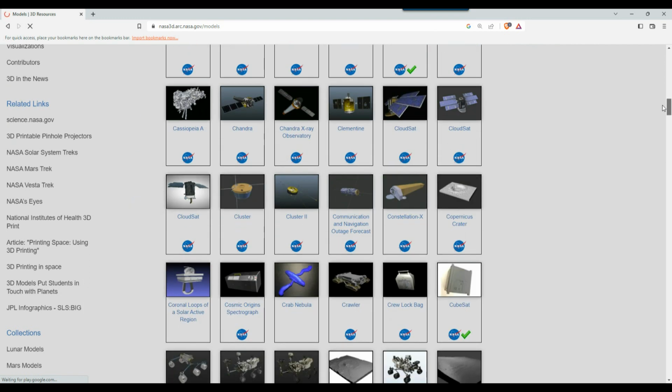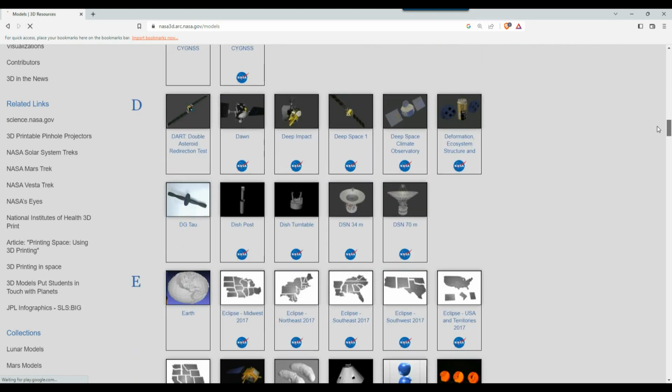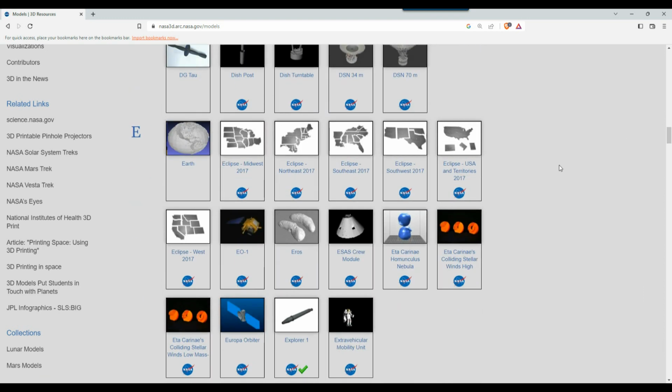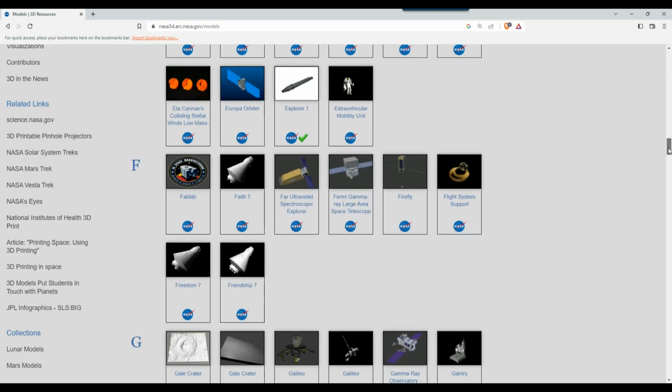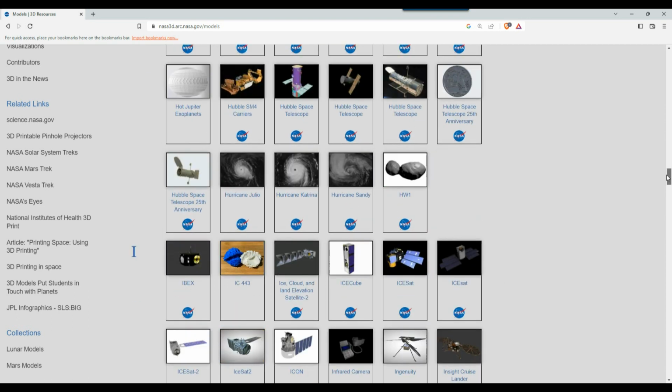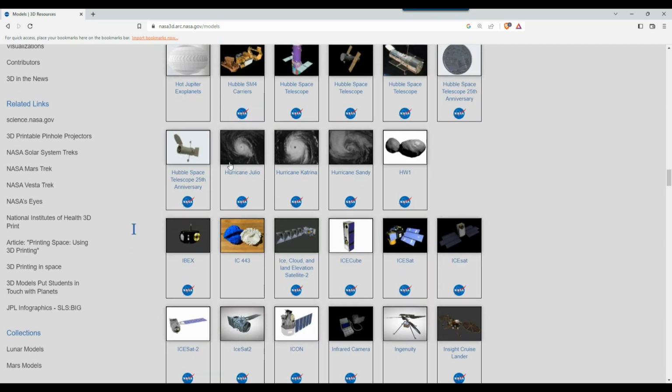So there are a number of these formats and elements here: space rockets and even planets and various moons, some landing sites, like lunar surfaces. There's a variety of craters, Martian landscapes, some galaxies as 3D objects, and the space shuttle, the Hubble Space Telescope,